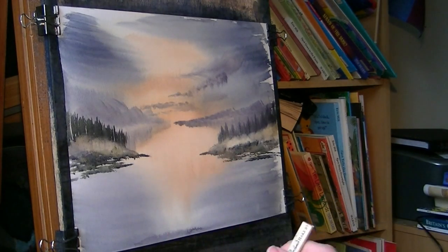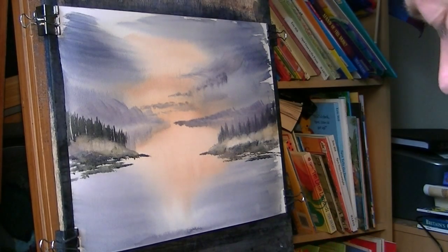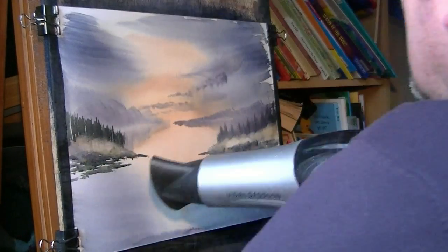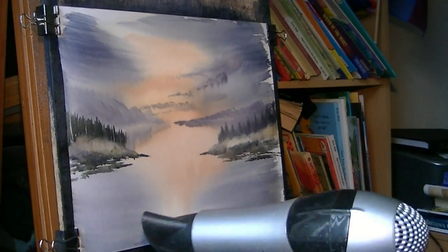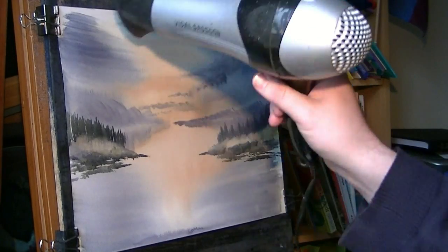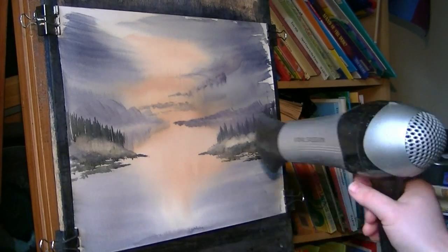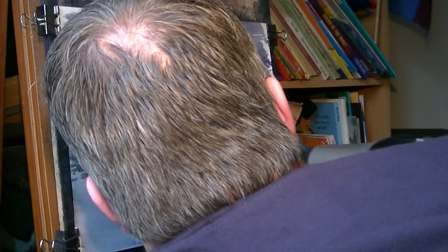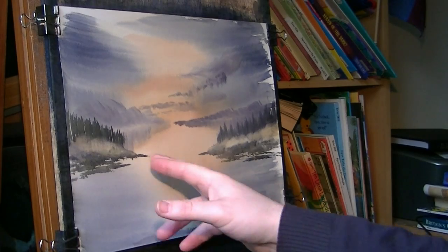So now let's stick another layer in. Remember, the more layers you put in, the better the depth, and it just gives a more pleasing overall composition. So I've cleaned the brush. I think this time I am going to dry it. I think what I'll do is I'll do another layer